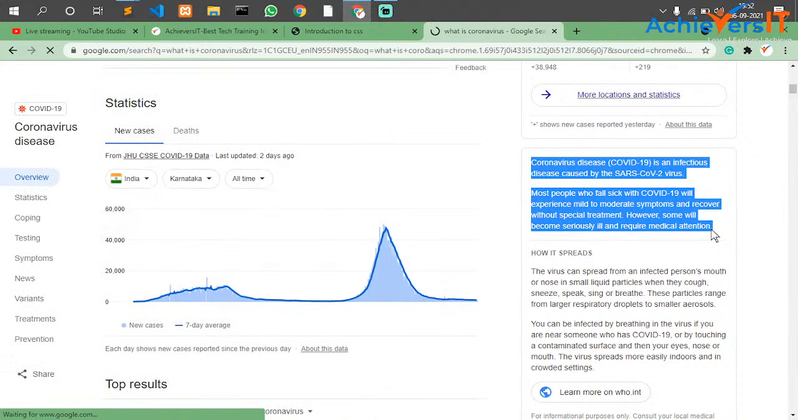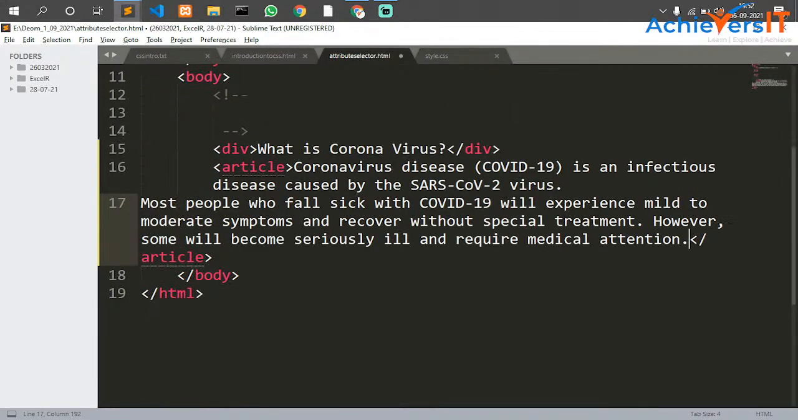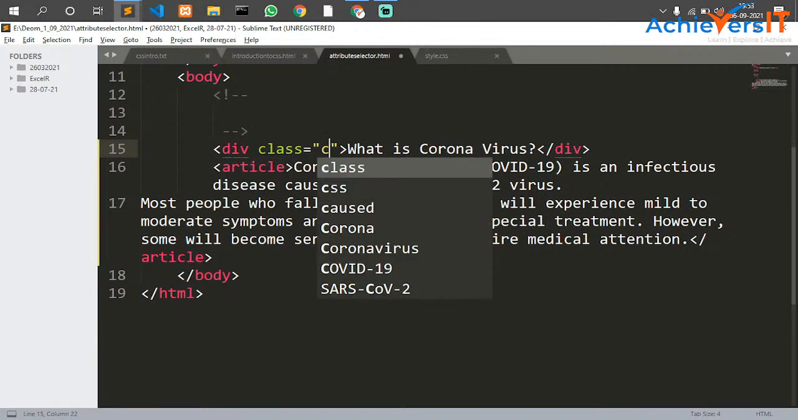Control C, and I'm gonna paste that here. Okay, I have all the content added here. Now what I'm gonna do is add some styles for it using class selector. Class is equal to, I can say, corona head,